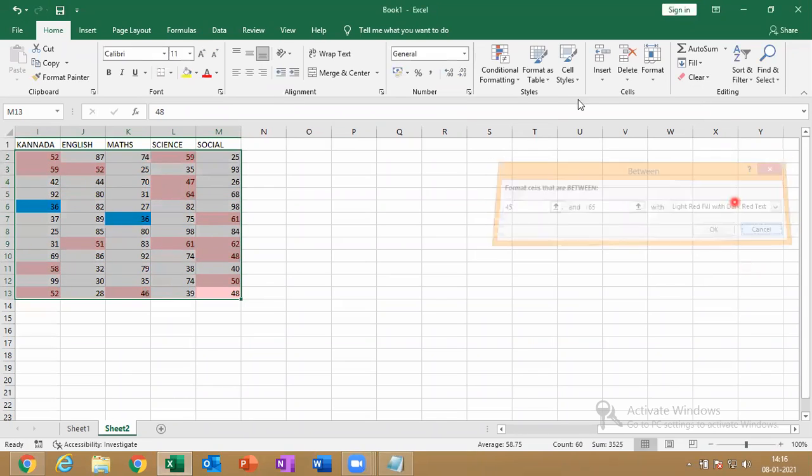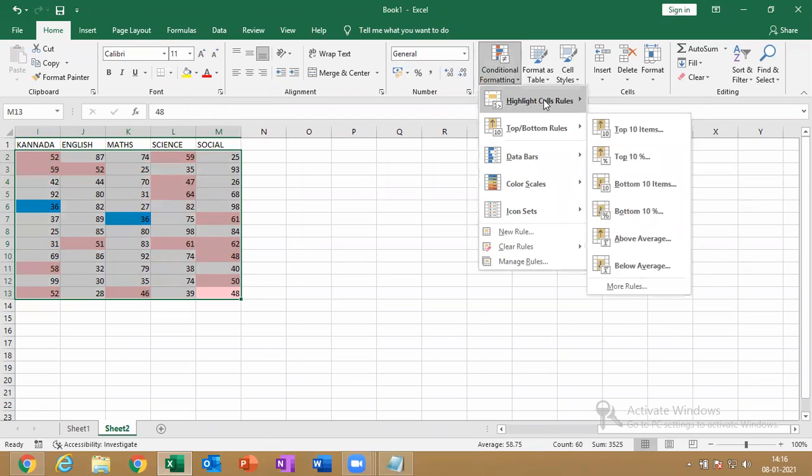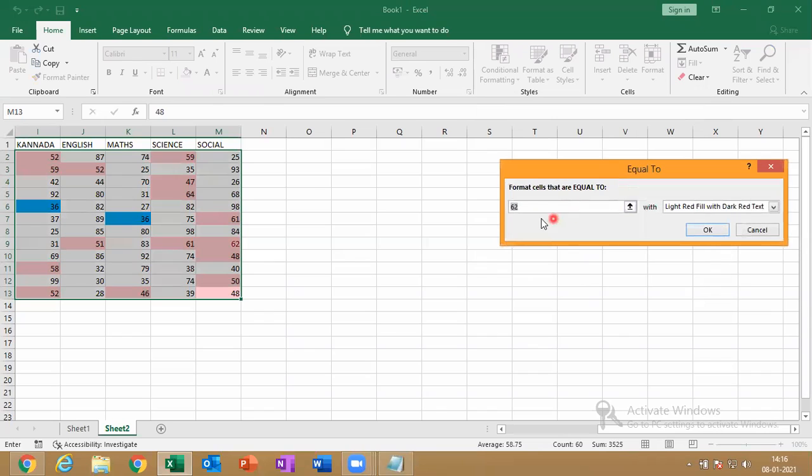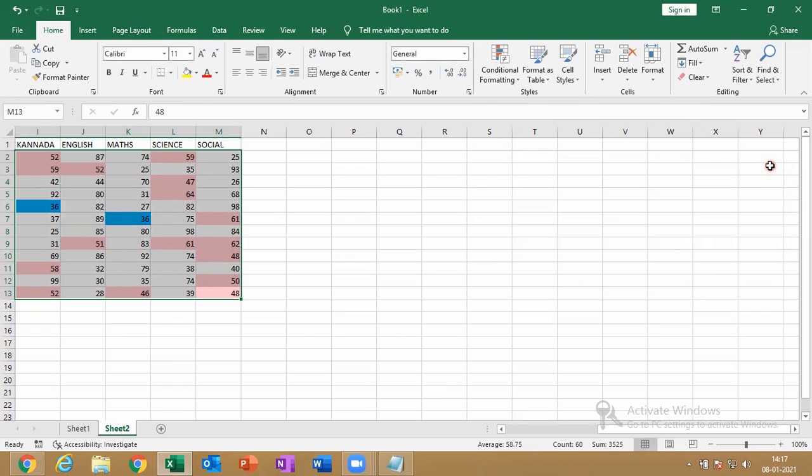That is one. Again I selected, went to equals to, entered a value 36 and highlighted with some color. That's it. If I'm going fast, you can tell me, and I'll go a little slower.